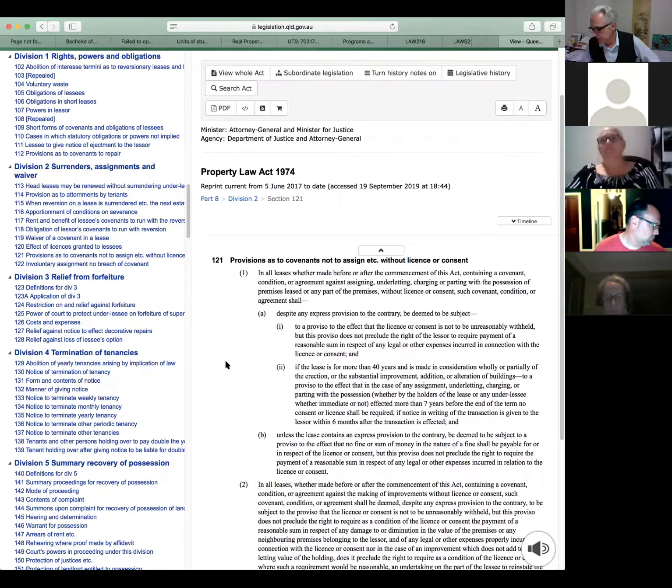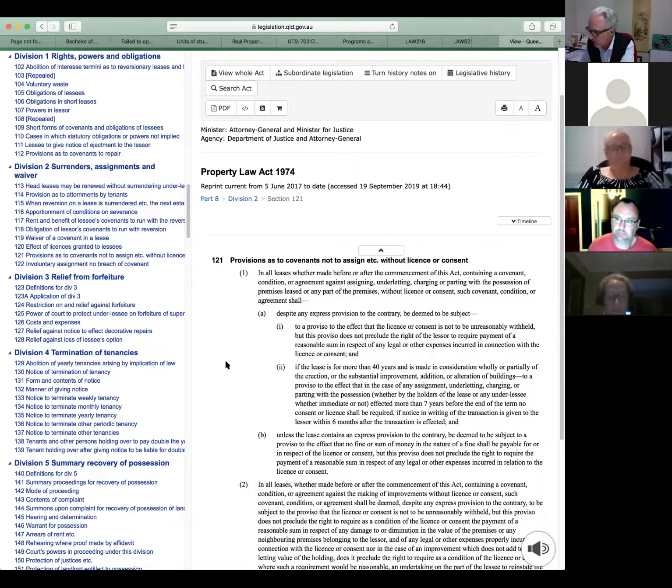But this idea of what has been consented to also requires us to look at the wording of the express clause.